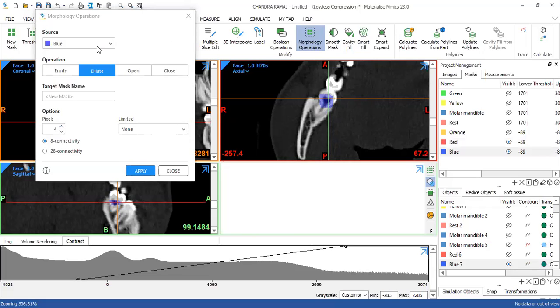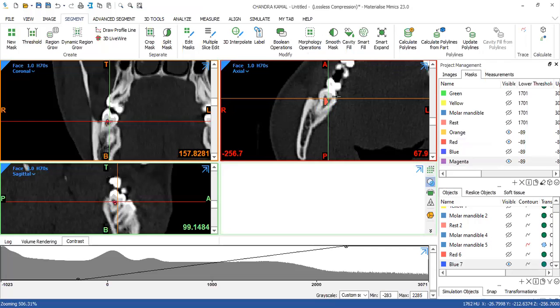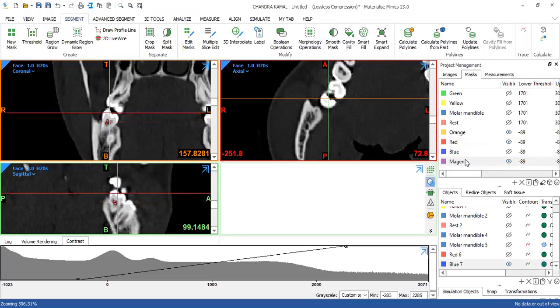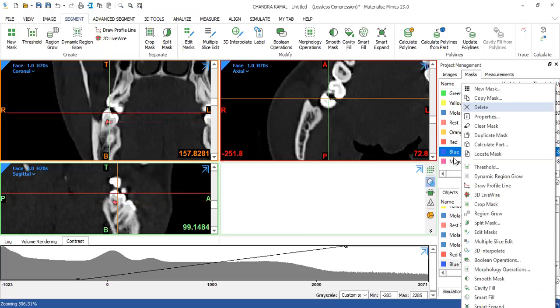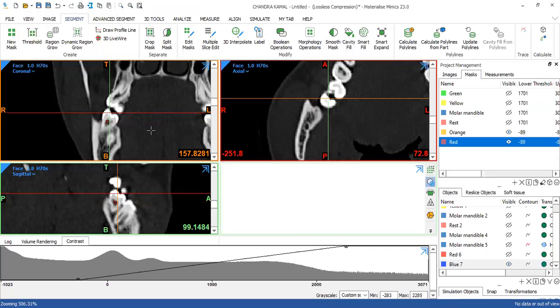I'm going to try and change my source to orange and try 3 pixels connectivity and click apply and see what we get. This is what magenta looks like. But again, I think the red that we had created was ideal. So we'll just stick to it, and we'll finish the borders manually.